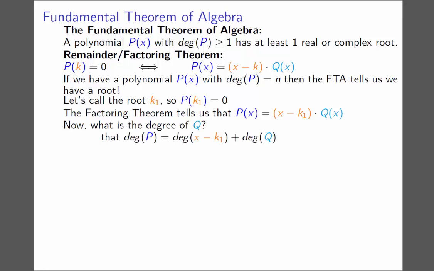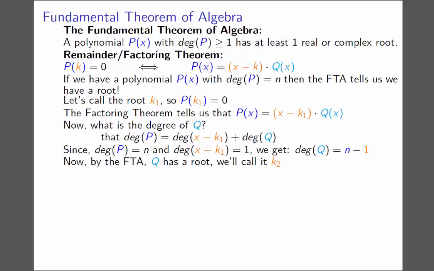Well, we saw that the degree of p has to be the degree of x minus k1, which is 1, plus the degree of q. So since the degree of p is n, and the degree of x minus k1 is 1, we get that the degree of q must be n minus 1. But now, again by the fundamental theorem of algebra, q must have a root. Let's call that one k2. And the factoring theorem tells us that q of x can be written as x minus k2 times some other